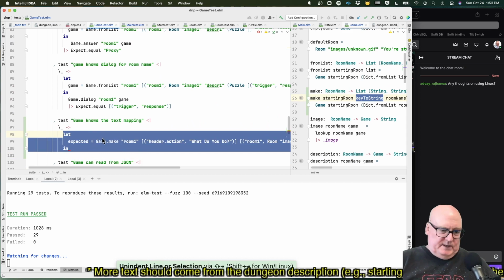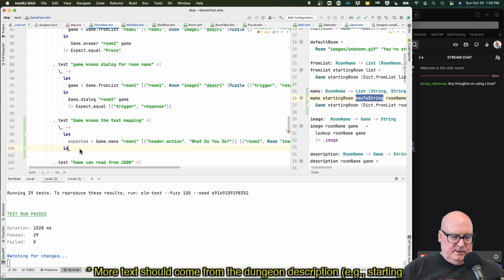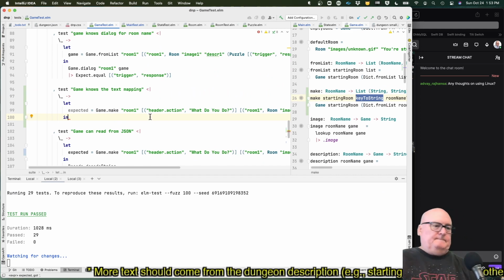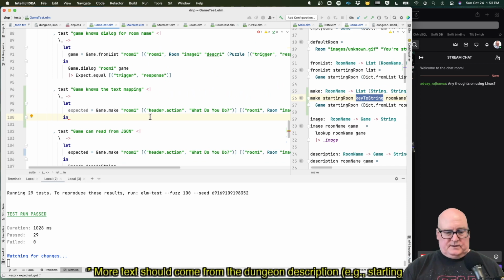If we do game.make room 1 and so on, then when we take, well, I want to do something about the text.